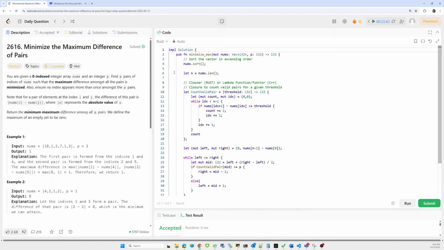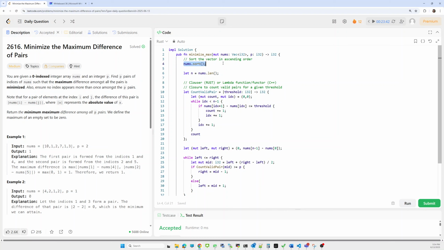First we have to look at how we can do sorting in Rust. When I was doing the sorting in Rust, previously in the method, this num parameter was not captured as mutable, so I was unable to sort the num array because it is not mutable.